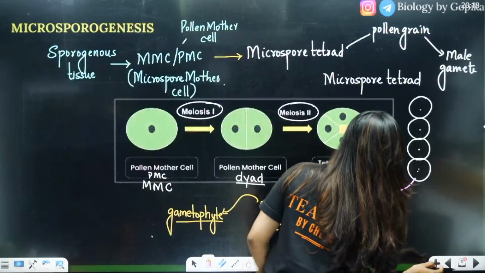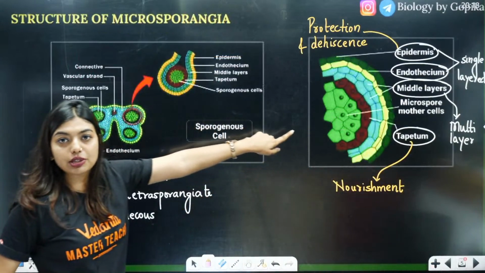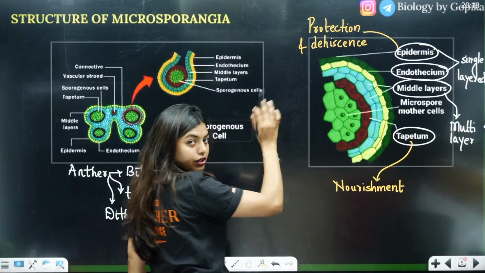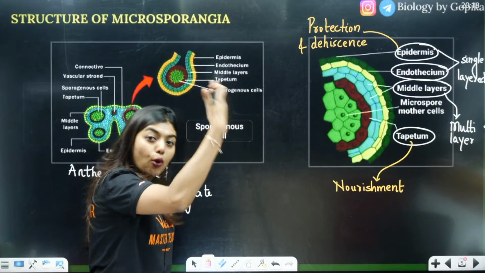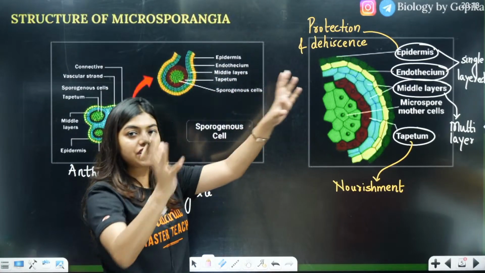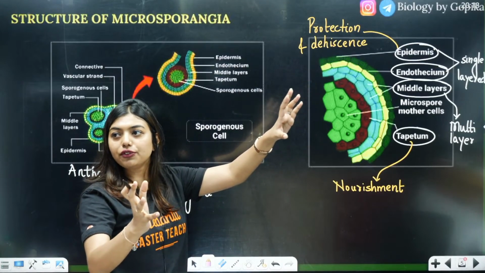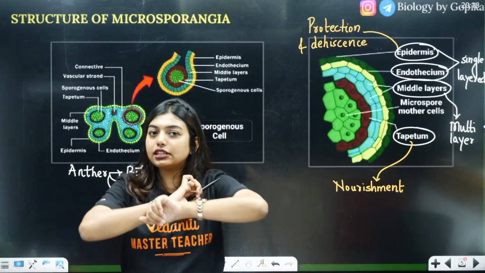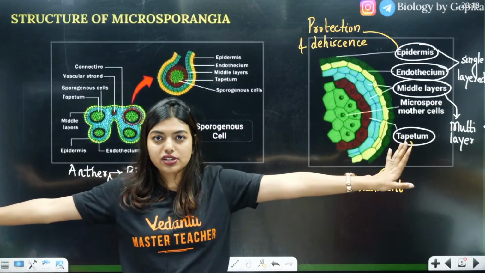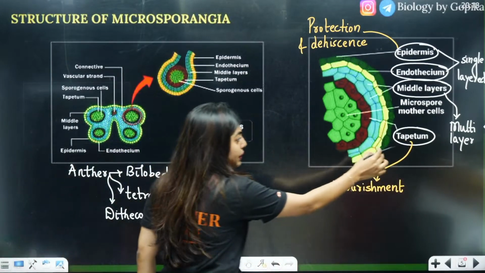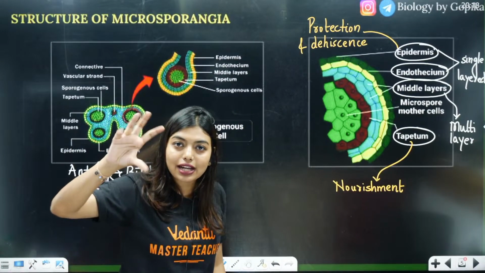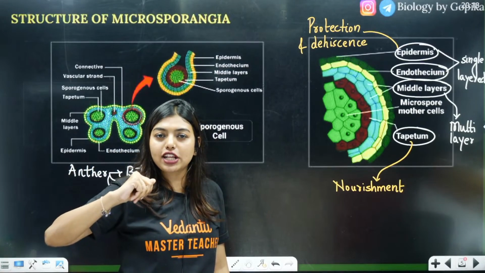Here, this is your microsporangium layers. These cells have to undergo meiosis to form the pollen grains. In the pollen grains, again, there is the vegetative and generative cell. Clear to all of you? Yes, Kush, is this clear? Tapetum and vegetative cells are two extreme things, like south and north pole. Because tapetum is the layer of your microsporangium. Where is the microsporangium? That theca I spoke about. That is your microsporangia, right?